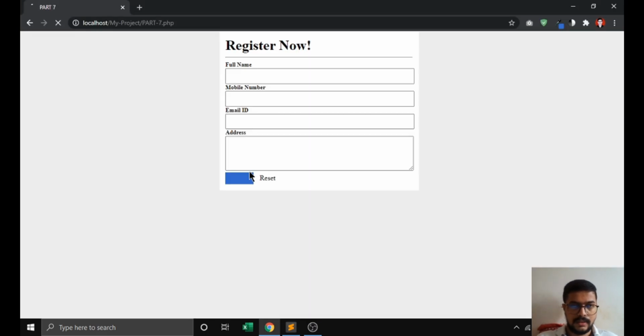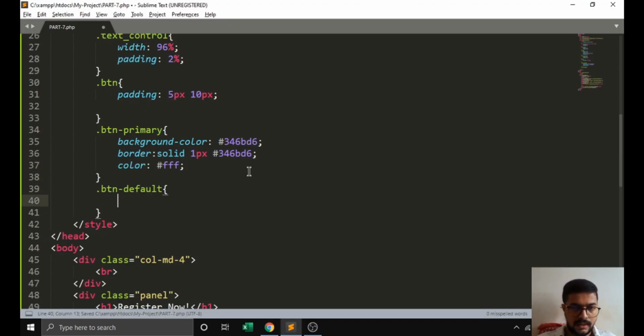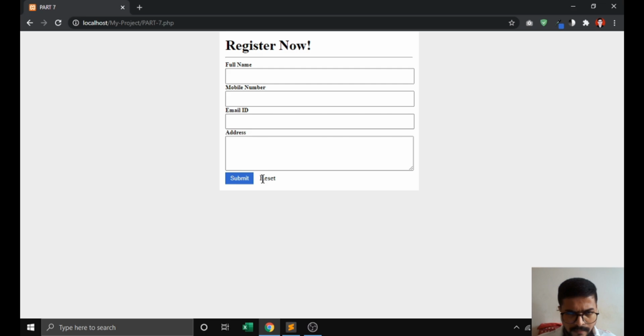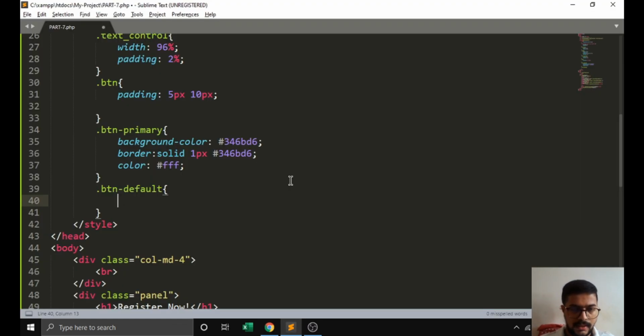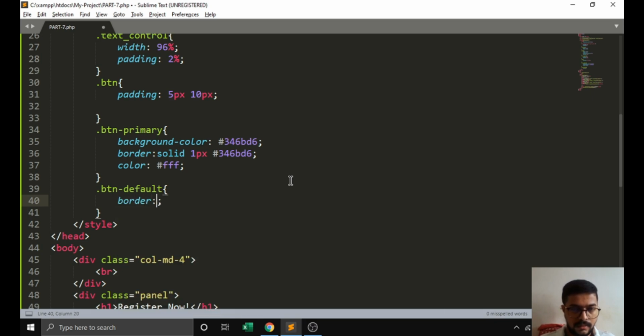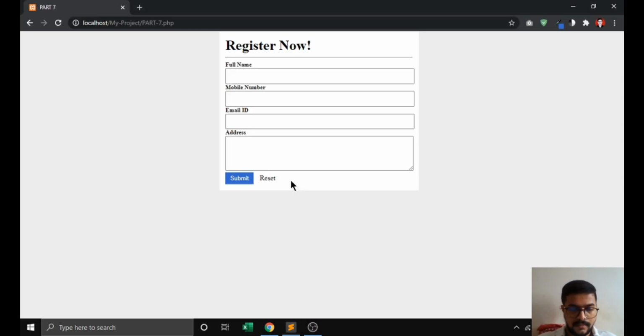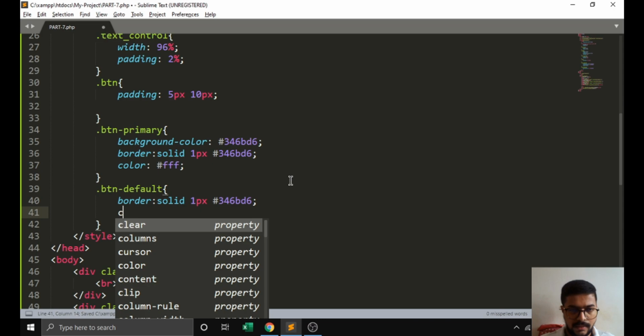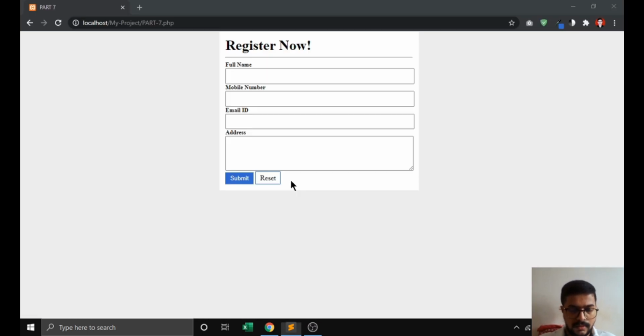We have to pass this white color, and here for the reset button we have to pass the border property of solid 1 pixel like this color, and pass the same color to this. Then our button looks like this.